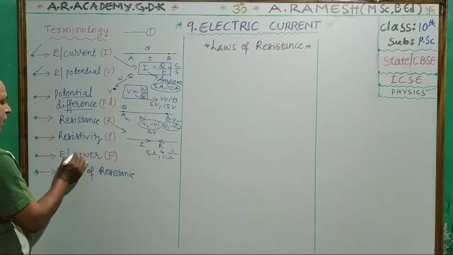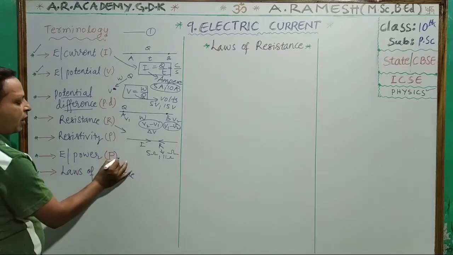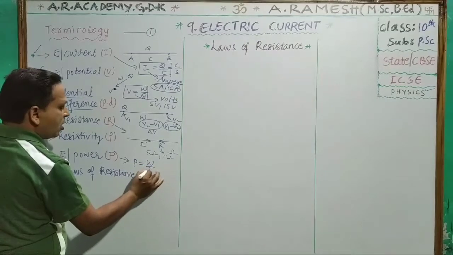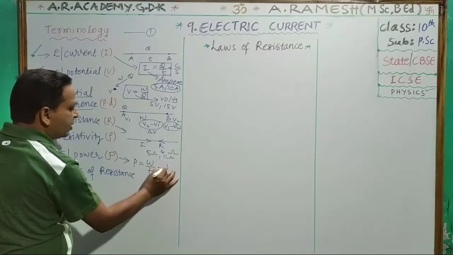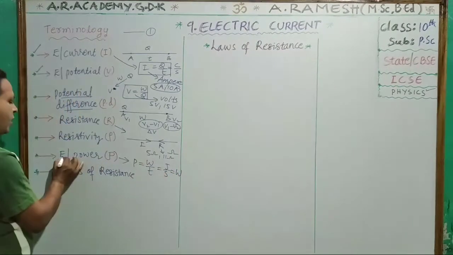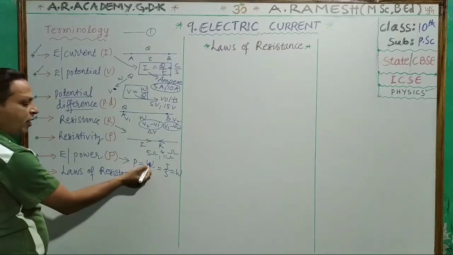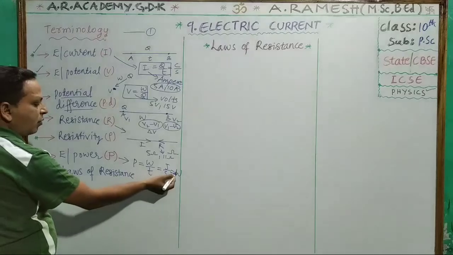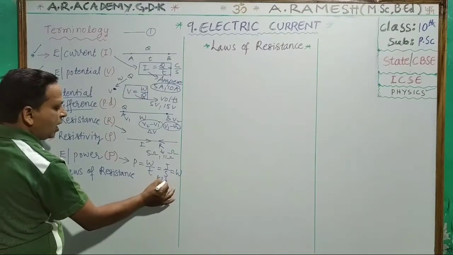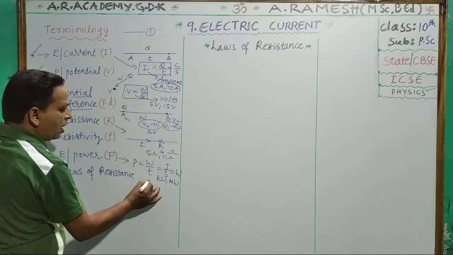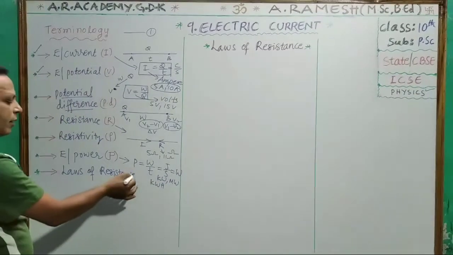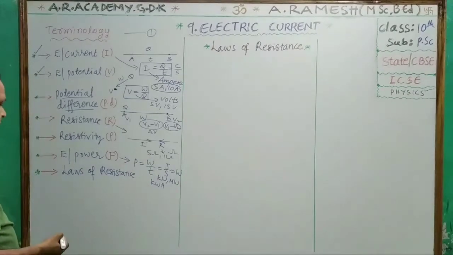And then power, electrical power, we already discussed. Power equals work by time, where work is measured in joules and time in seconds, so joule per second is watt. Watt is the unit of electric power. Rate of doing work is called power or electrical power. Its units are joule per second or watt or kilowatt or megawatt, and kilowatt hour also we will use. Last we will discuss kWh.